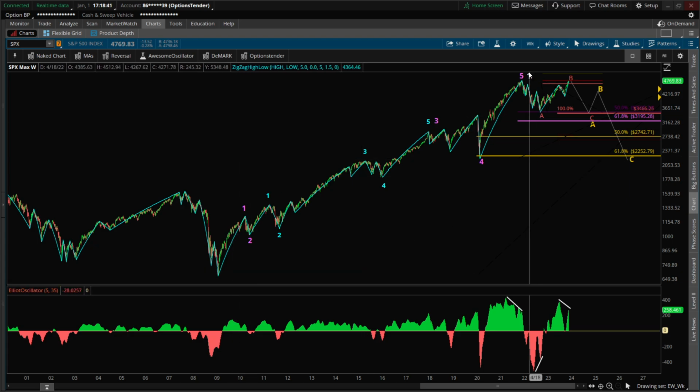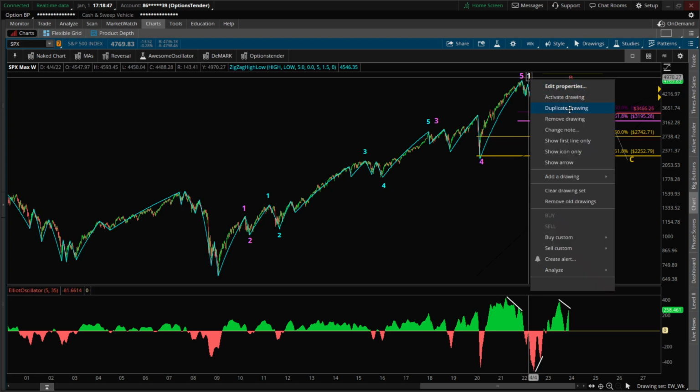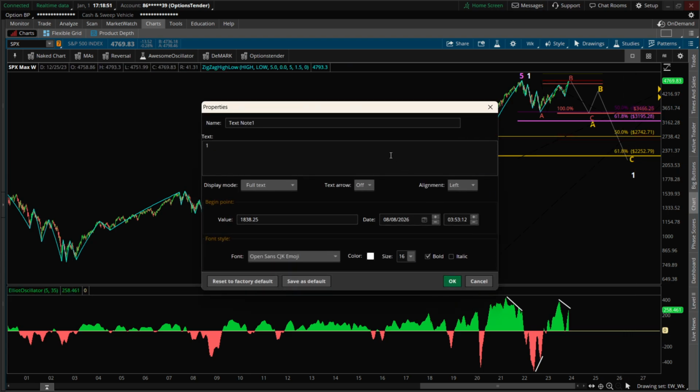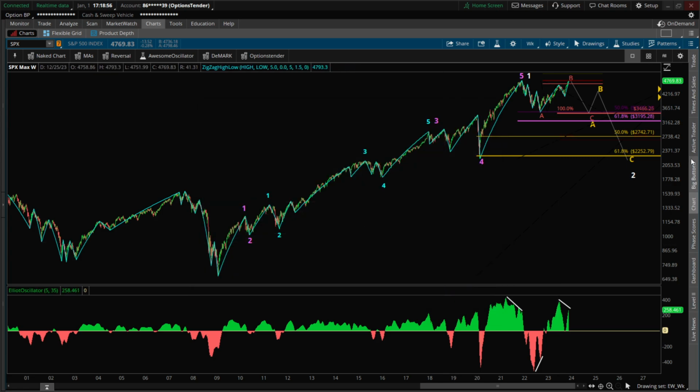Or we have a new wave 1, and that's how we're looking at it. Is this a 1, and we need to correct into a wave 2. And then we'll have another bull market for many, many years. So after we complete our wave 5, now we have an A down here, a 3-wave move. 1, 2, 3, 4, 5 for an A, B, C for an A,